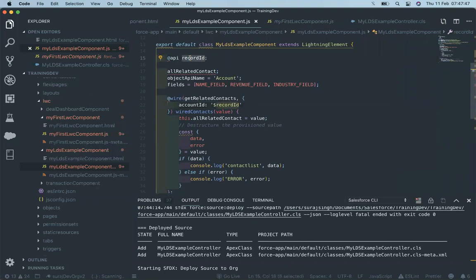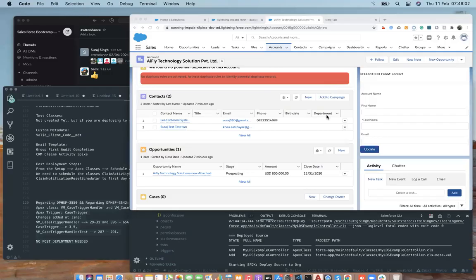So maybe it has some difference. At that moment we just have to put it in inverted commas, then dollar and then recordId, so it will get the value of that. So let's have a look up here.